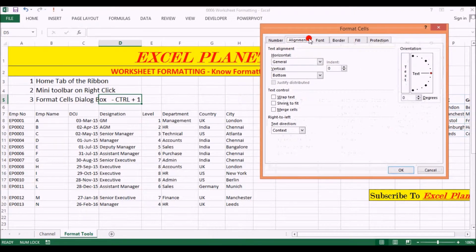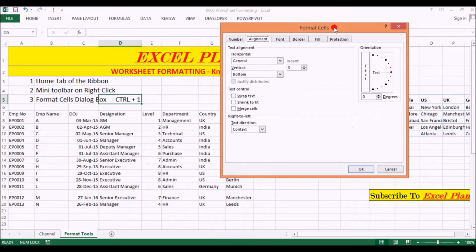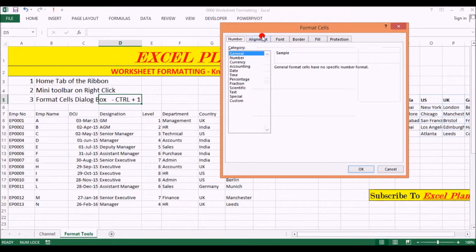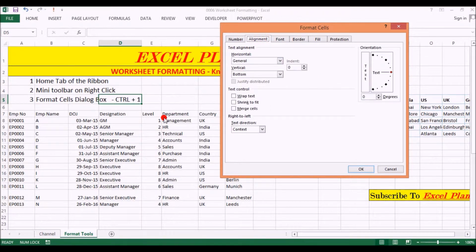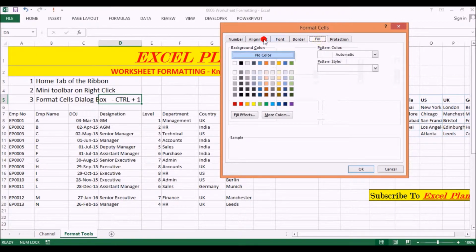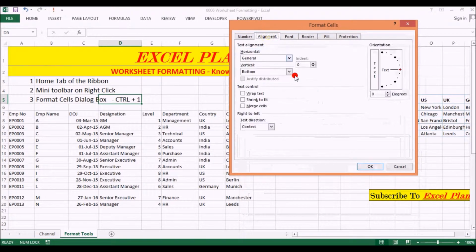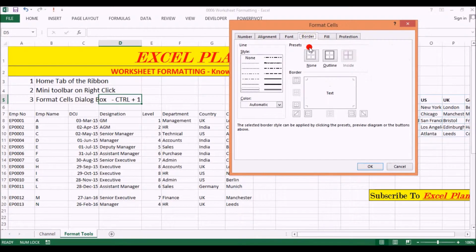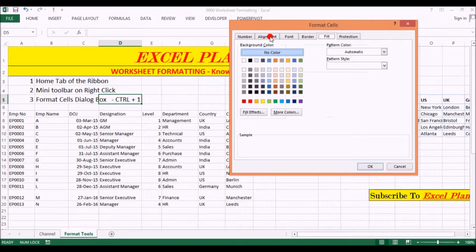You see, these are the tabs available under format cells. First, number, you leave it, number is number formatting, that is a separate item. You have a lot of number formatting options. The formatting of cells and ranges resides here. Alignment, you can align, font, different types of fonts, font size, font color, then border, then fill. All these four come under the formatting tools, which we will see in the coming videos in detail. What is alignment, what are the fonts available, what are the border methods, how to fill, and what are the styles